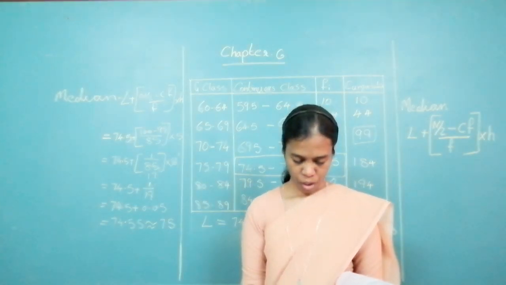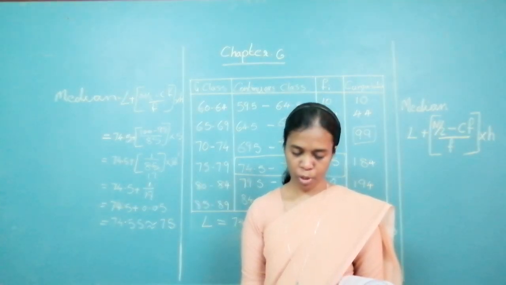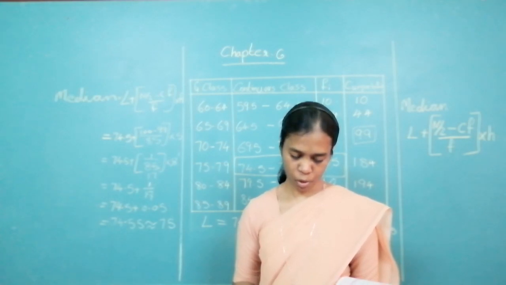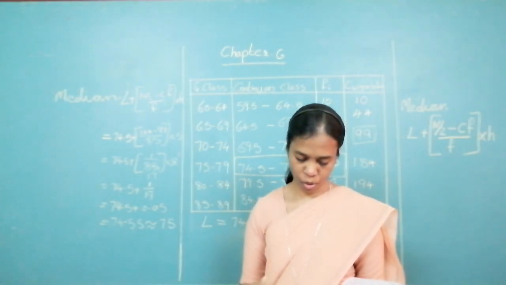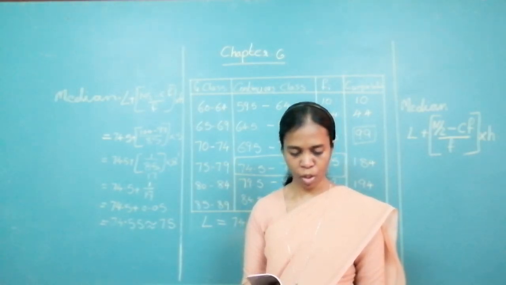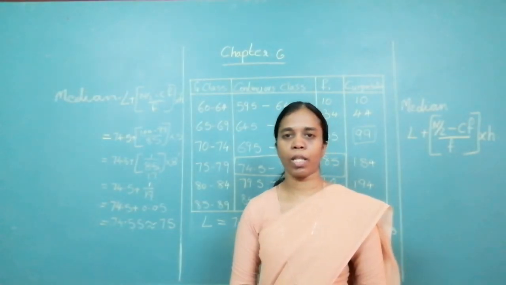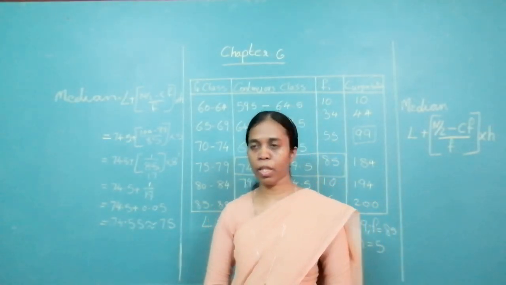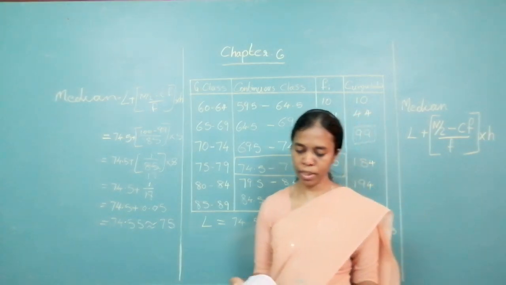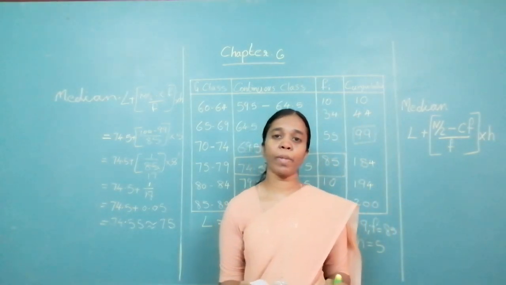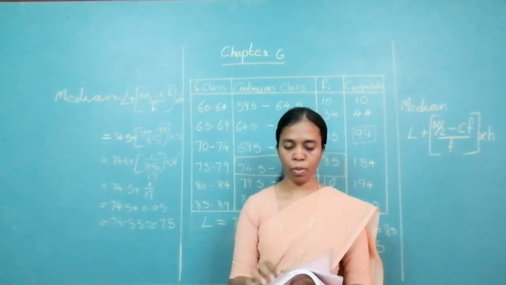Okay. If you look at the first one, it is already given to you as a continuous class, so you don't have to write it as continuous. The second one also is a continuous class. The fourth one also is a continuous class. Only the third was not a continuous class, which I have shown you over here. Others are continuous classes. So your table contains only 3 columns.